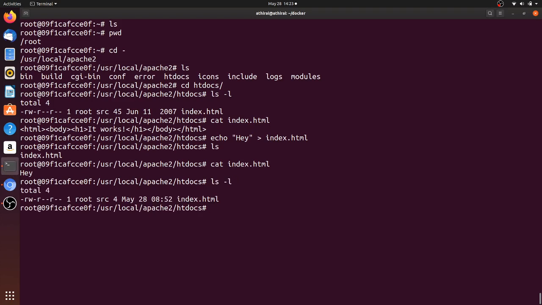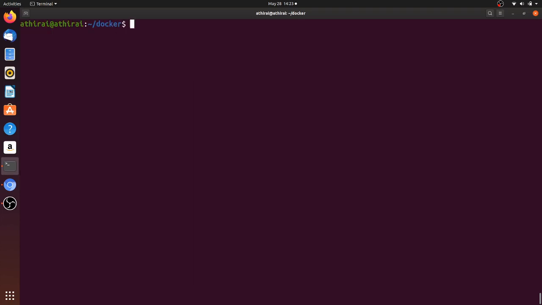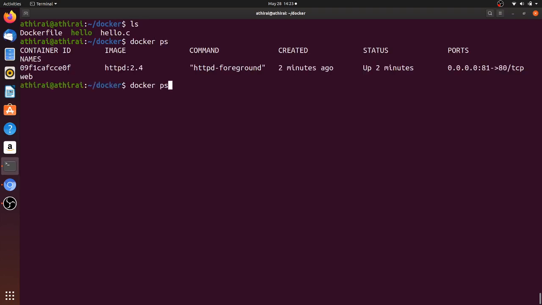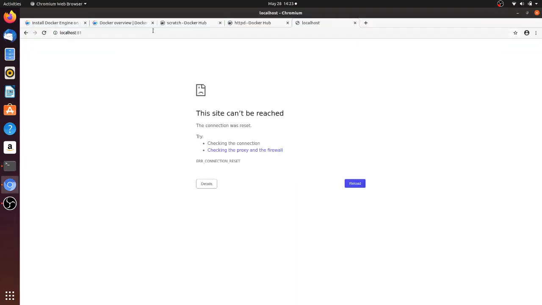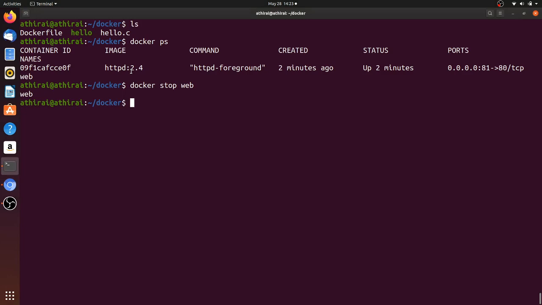So in this video we saw how to install Docker software in an Ubuntu machine, and then run a Hello World program, and then start a web container. Now I want to stop this. I'm going to stop this web server, which is a web container, right? This is a container. So as I stopped it, it stopped hosting here also.